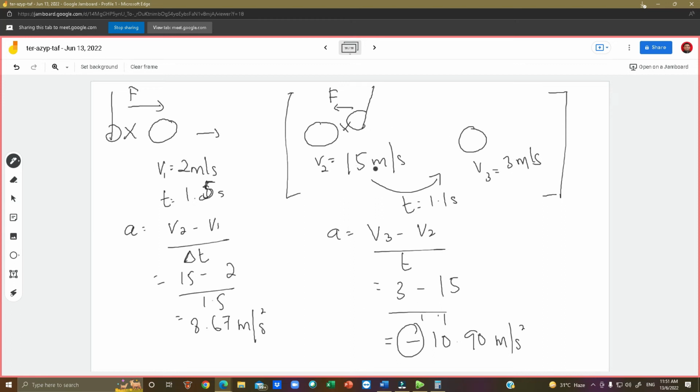Means the velocity will reduce. If you have a positive value, means the velocity will increase. This is acceleration. Acceleration shows how much change in terms of velocity, the rate of change. So if the rate of change is small, means, if we make a graph,